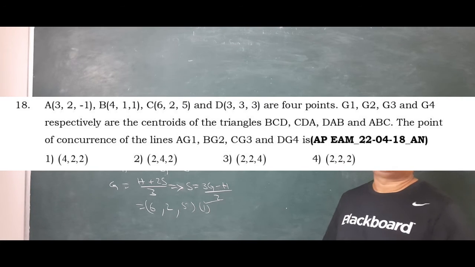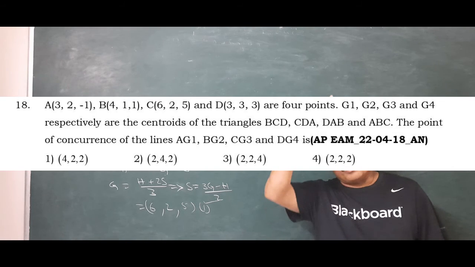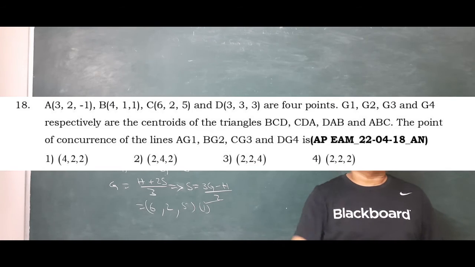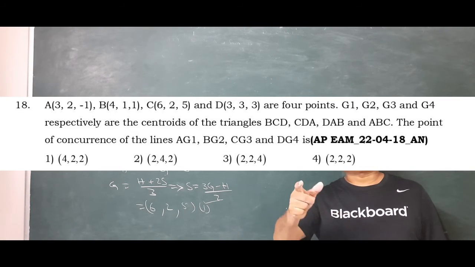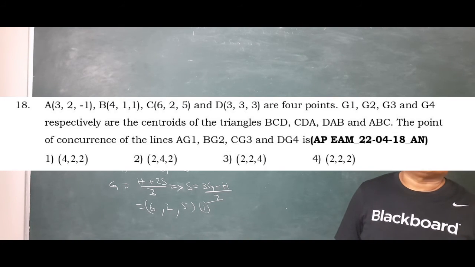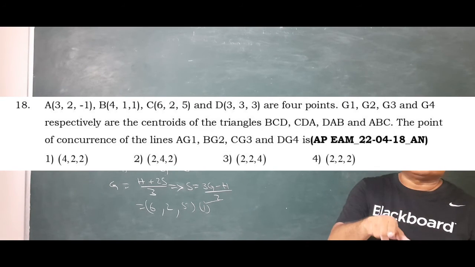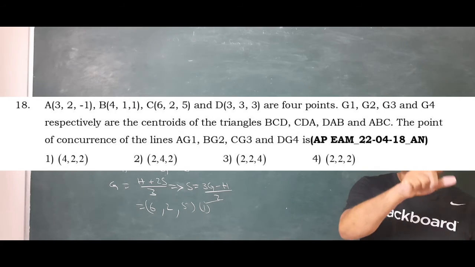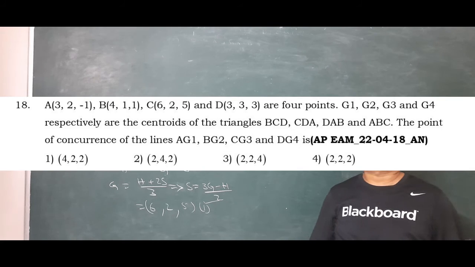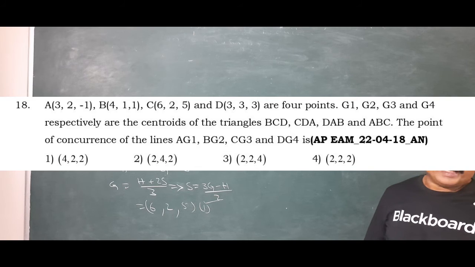Look here. G1 is the centroid of the triangle opposite to the vertex A. AG1 is a median of the tetrahedron, as well as the remaining BG2, CG3, DG4. All these medians are concurrent. That point is the centroid of the tetrahedron, with coordinates (x1 plus x2 plus x3 plus x4) by 4. Similarly, sum of y coordinates by 4, sum of z coordinates by 4. So, sigma xi by 4.